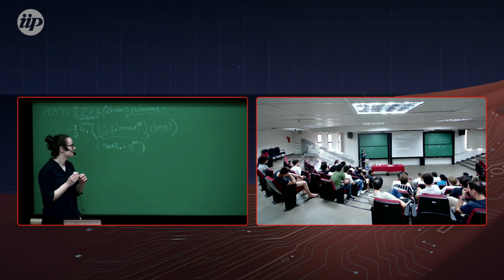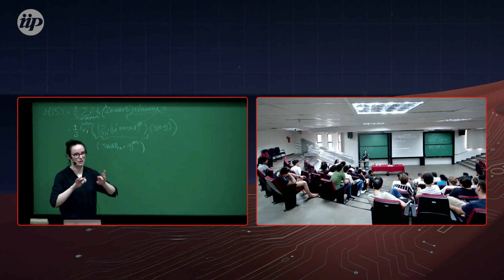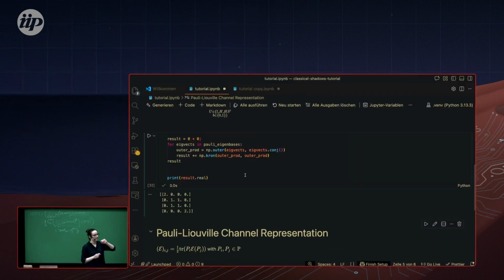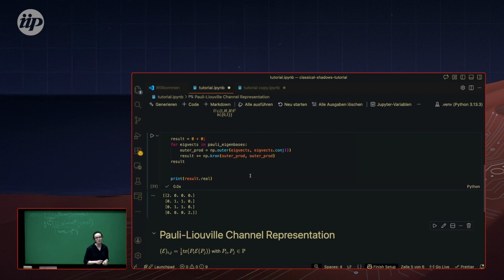And to just give you a little outlook, this is always the case. Whenever we have a set of vectors that forms a so-called vector t-design, or in this case a 2-design, the sum over the second moment will always be identity plus swap. But we will look at that later. It's just that you already heard what that means. In this case, it doesn't really matter so much. All right, so now we can just replace this.